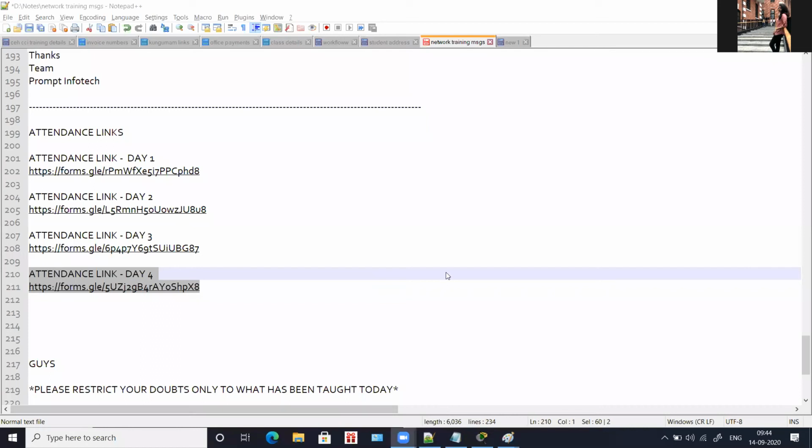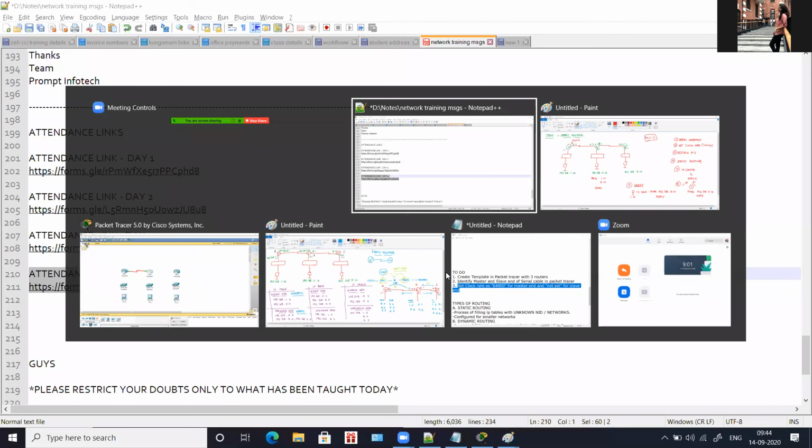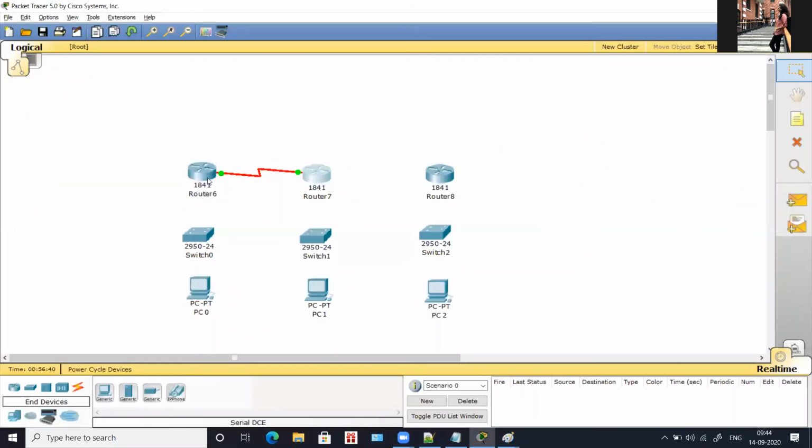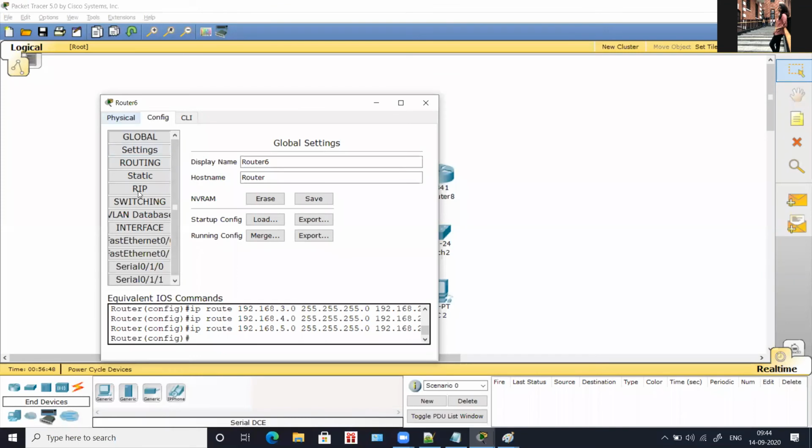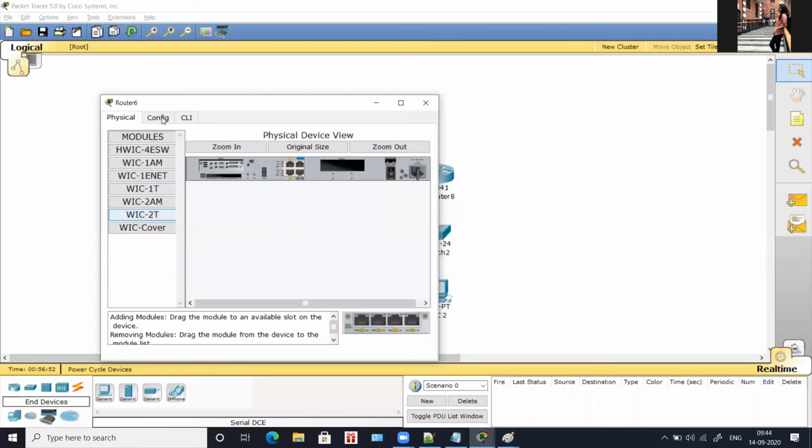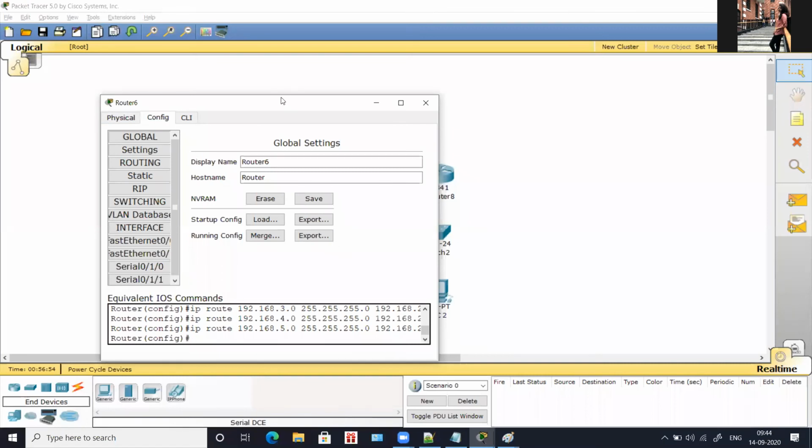Okay. See, listen here. I will show once again, while people are filling in their attendance, this routing thing alone. See, you have three routers, and assigning IP for each and every router. For this router, I have taken the serial interface. Yes, WIC2T. So I have serial interface on the router.